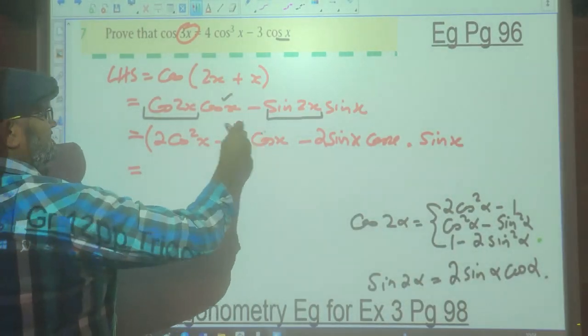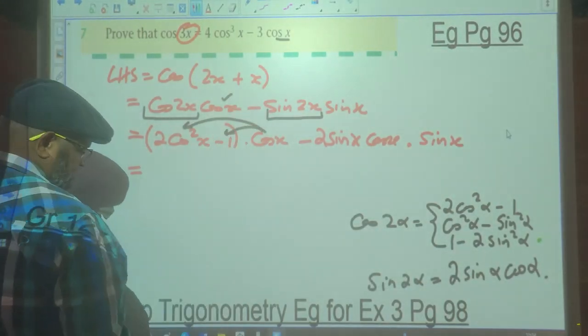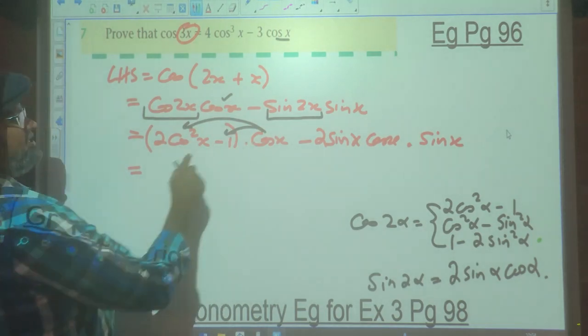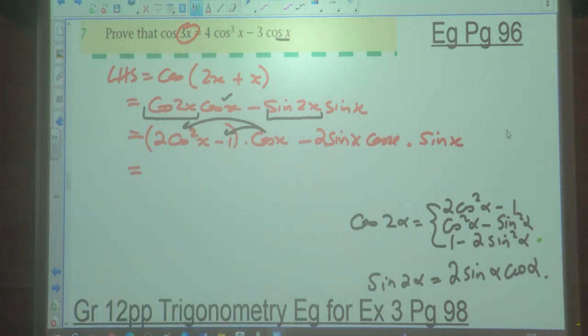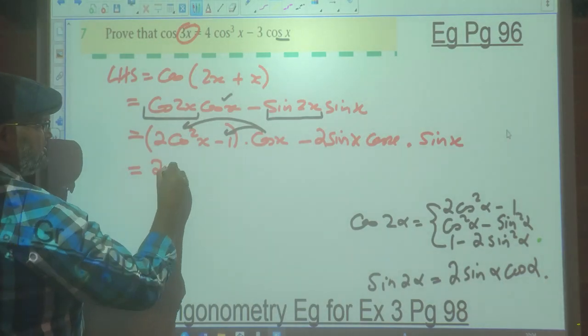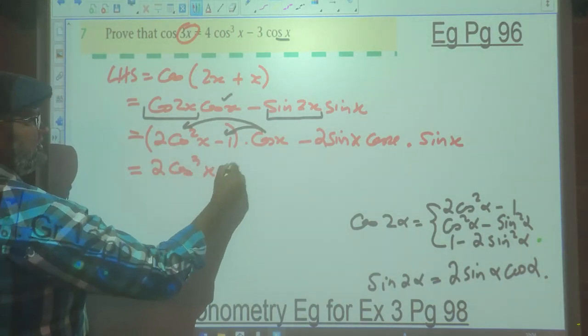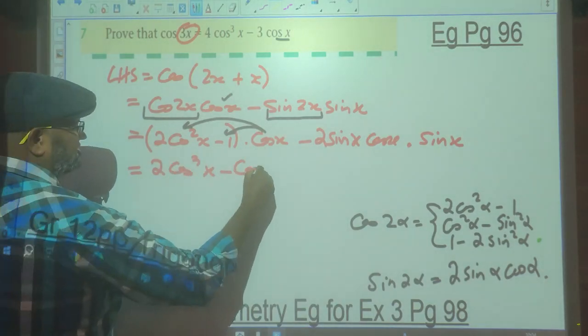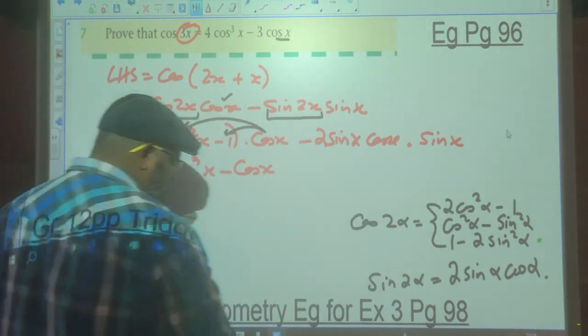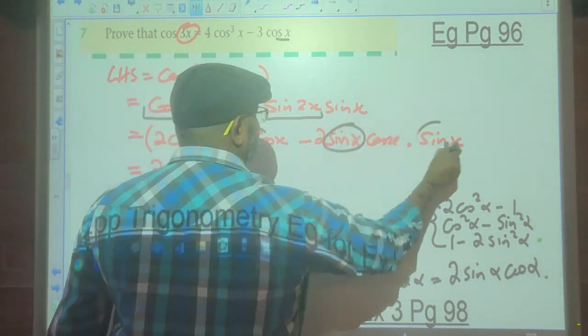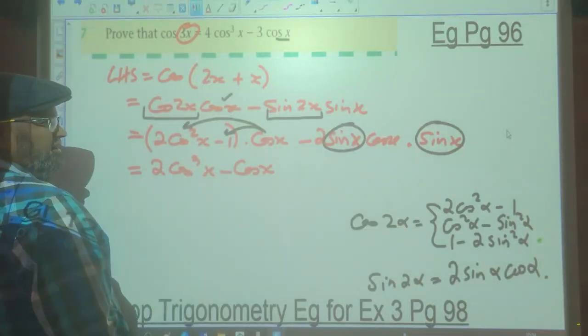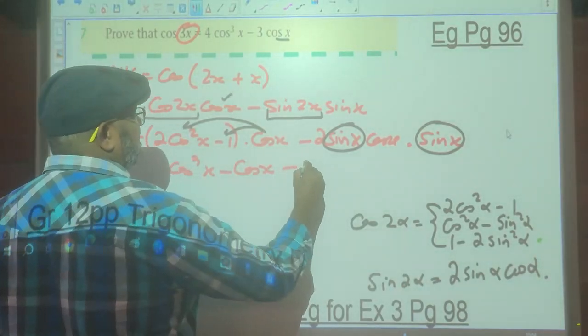So what I'm going to do here is rid this from the brackets. So what is 2 cos squared x times cos x? 2 cos cube x minus cos x. What is sine x multiplied by sine x? Sine squared x. So it's negative 2